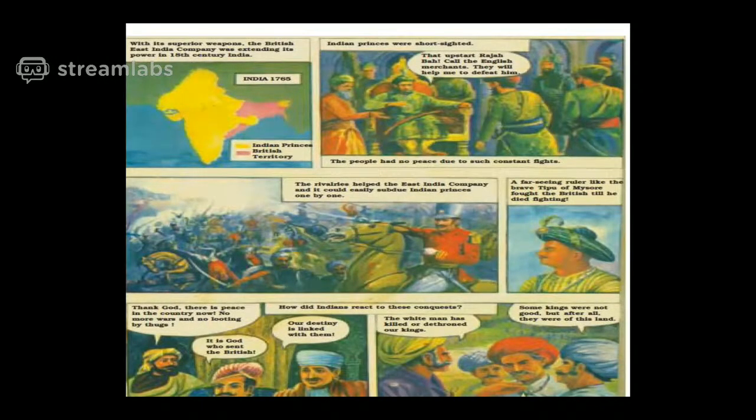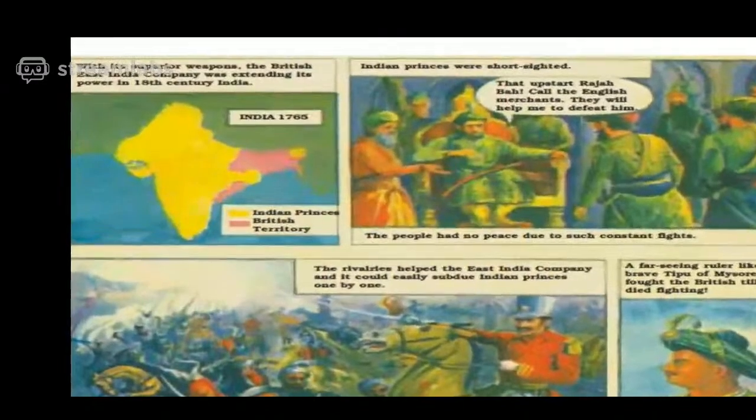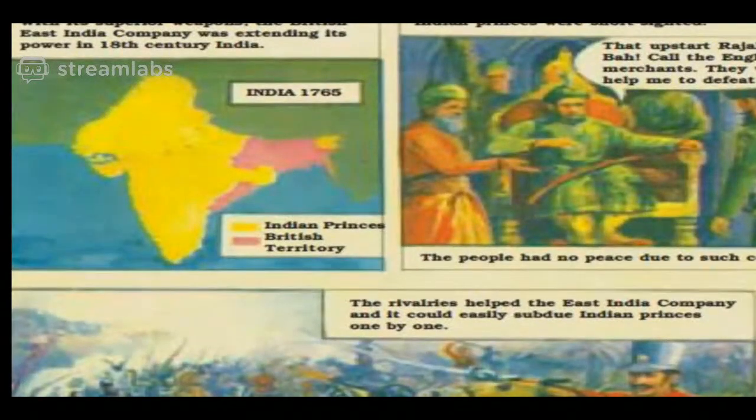Here is the first map of India. Can you see the first map of India? And this map is of 1765. Then the British had a hold only in the east, some part of the east you can see here. Okay. And like in the beginning I told you, they said they came here only for trade, and they slowly